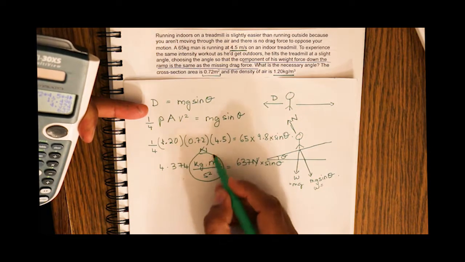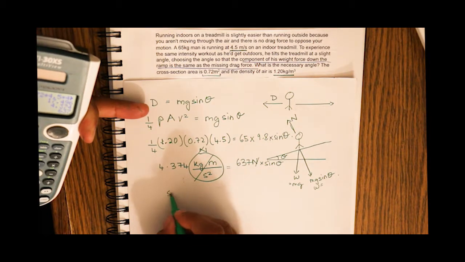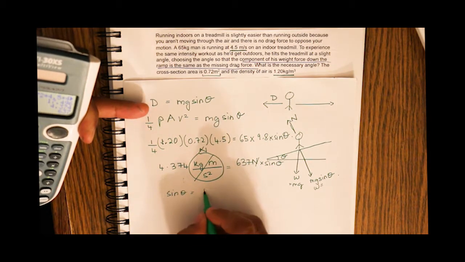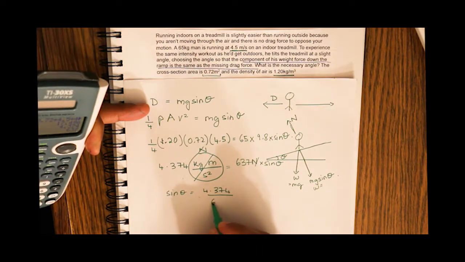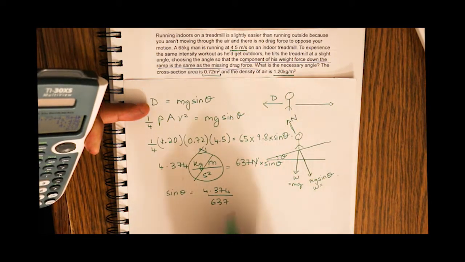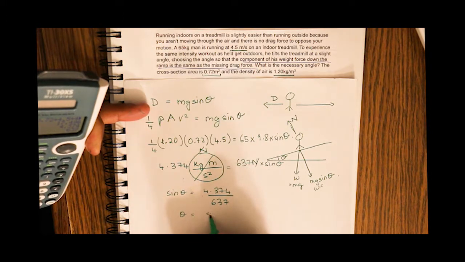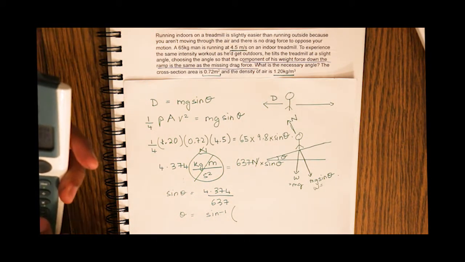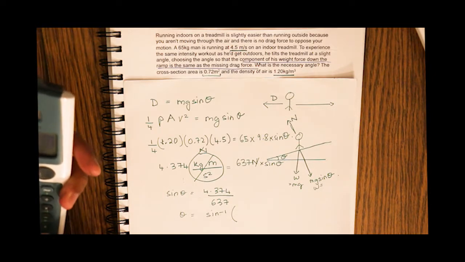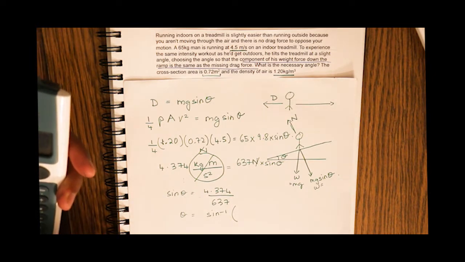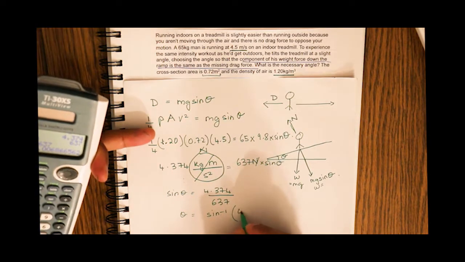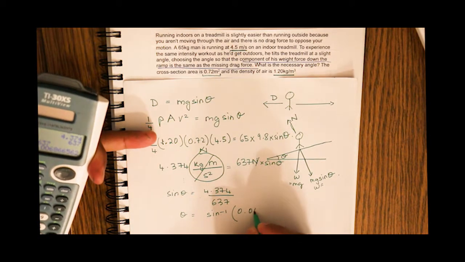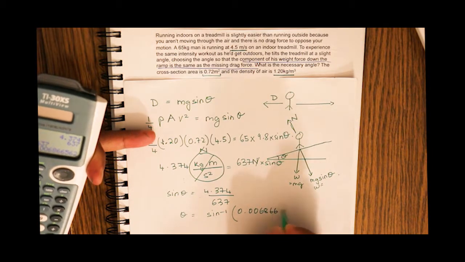Our newtons cancel, so we have sine theta equal to 4.374 divided by 637, and our theta equal to the sine inverse of whatever this value is, 4.374 divided by 637, sine inverse of 0.006866,